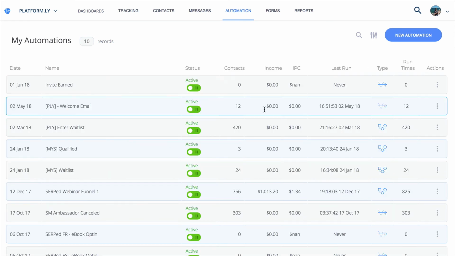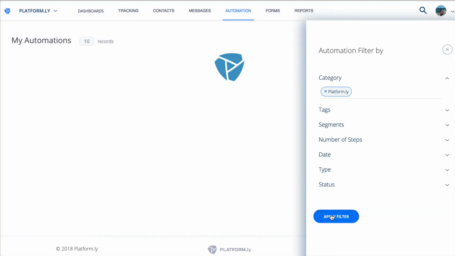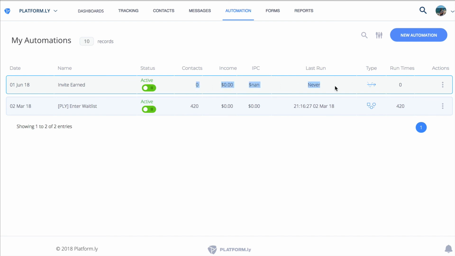And from this page as well, it lists automations are global. So it's for all the projects because you can do crossovers and so on. So then what we can do here is we can choose by a specific category. So instead of saying all categories, we're just going to have the one. Okay, and we'll apply that. And here we'll see, so you can see that it's active and it's ready to start running. Okay, it hasn't run yet. As soon as that triggers, 30 minutes after someone gets that tag from now on, that's going to start running.